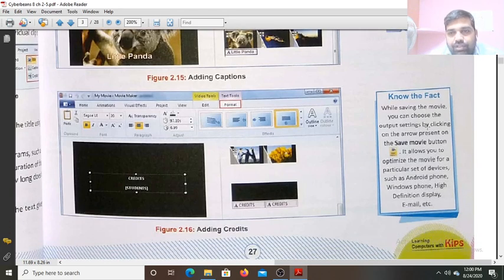While saving the movie, you can choose the output settings by clicking on the arrow present on the save movie button.